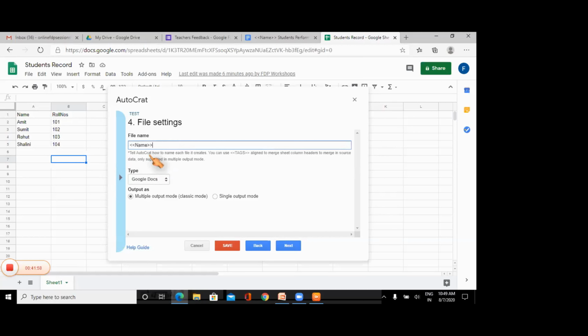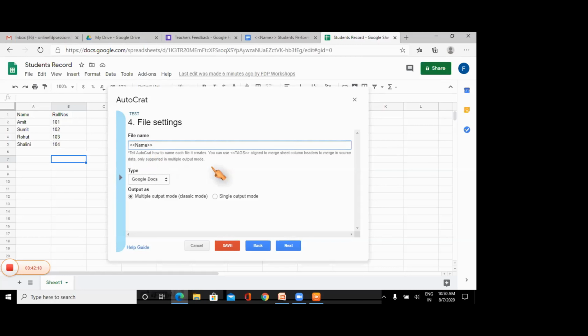First name is Amit, so it will create a file named Amit. Second student is Sumit, so it will create one file named Sumit. Like this it will do. This is the file name which AutoCrat is going to create with the names of the students.